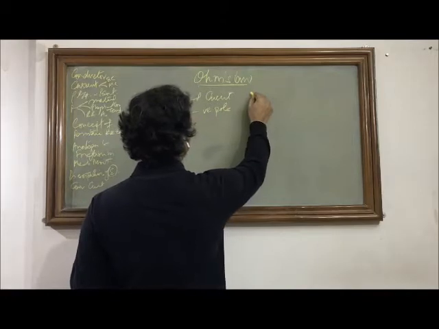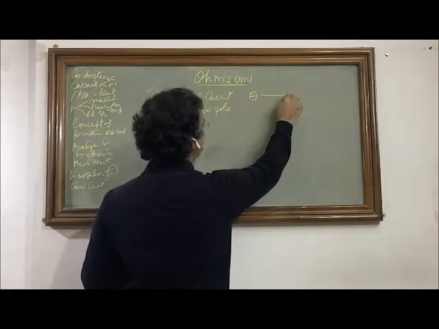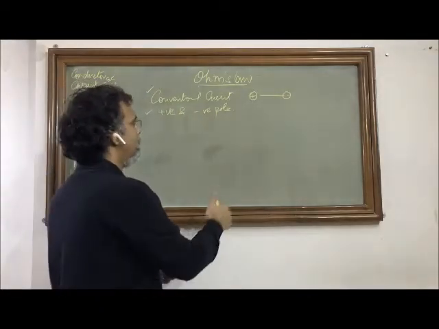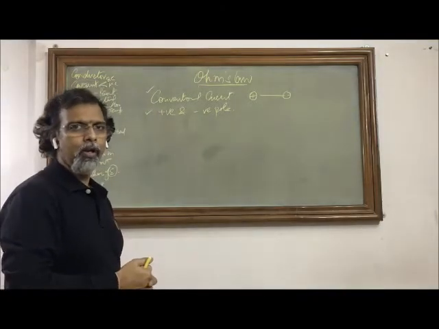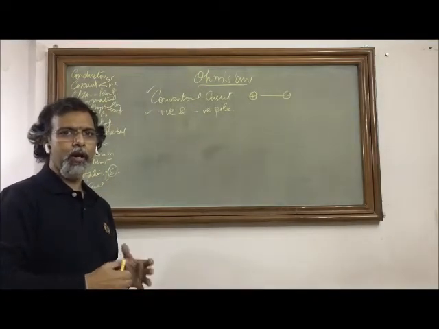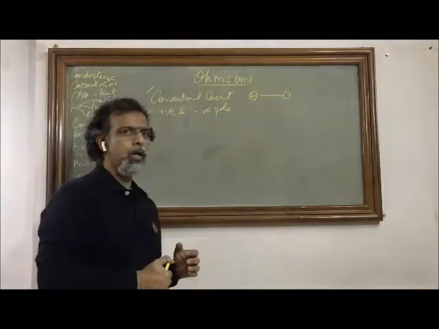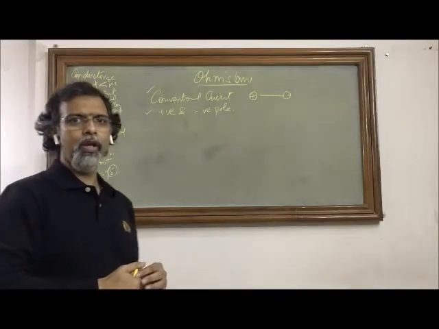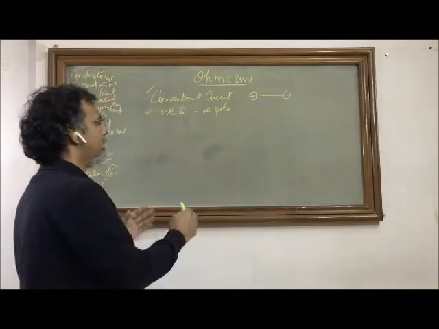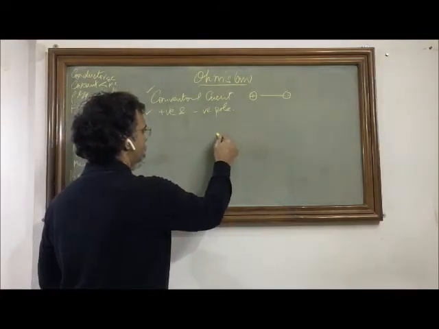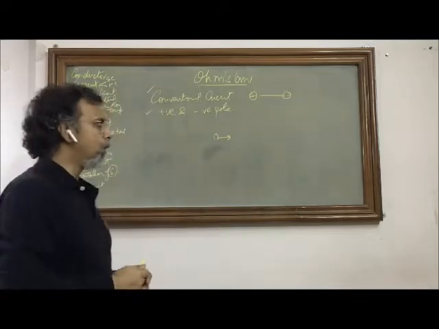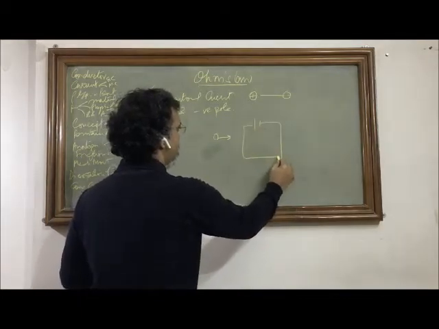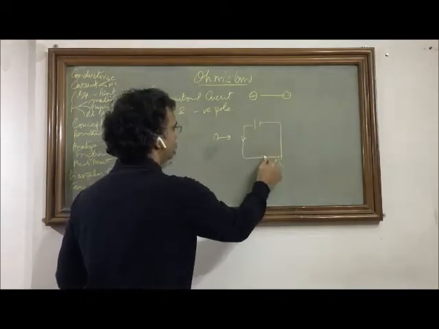Conventional current by definition is taken as from positive to negative pole of any electrical circuit. So even if we have both types of charges, like in ionic conduction we have cation and anion both moving, or we may have a situation in which only positive is moving, or a situation which is very commonly seen in metallic conduction where we have only electrons moving. But irrespective of the charge which is flowing, positive or negative or both, the direction of the current in a circuit is always taken as from positive to negative.